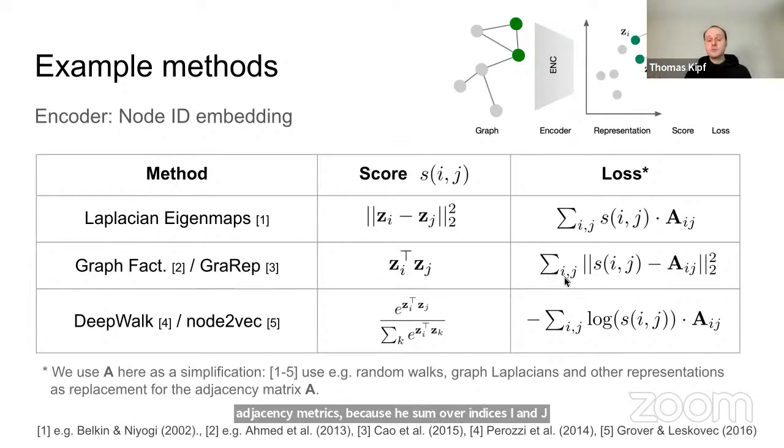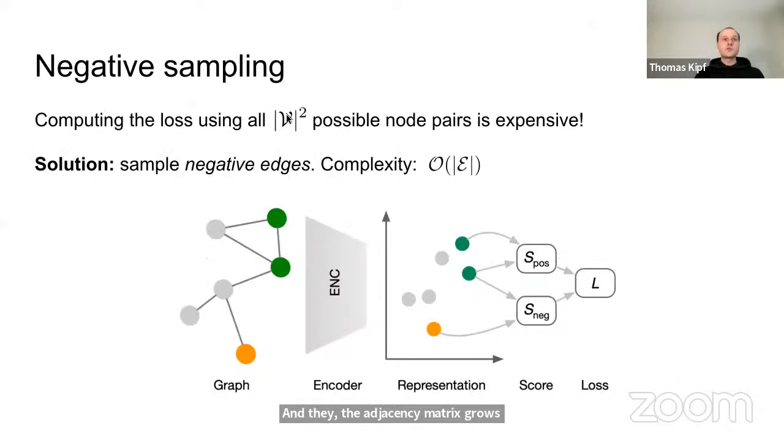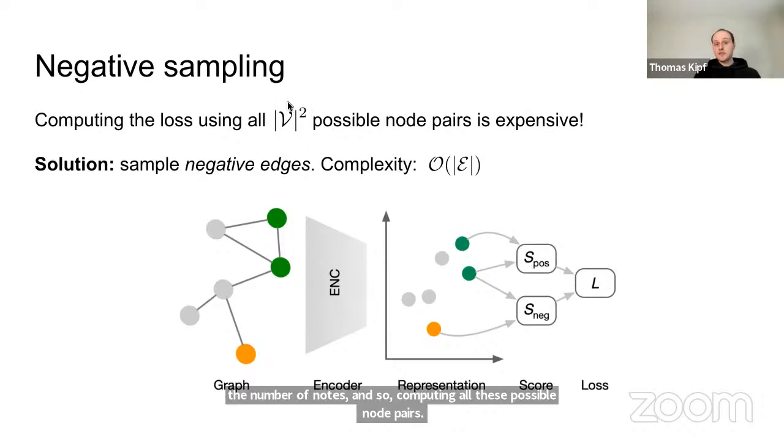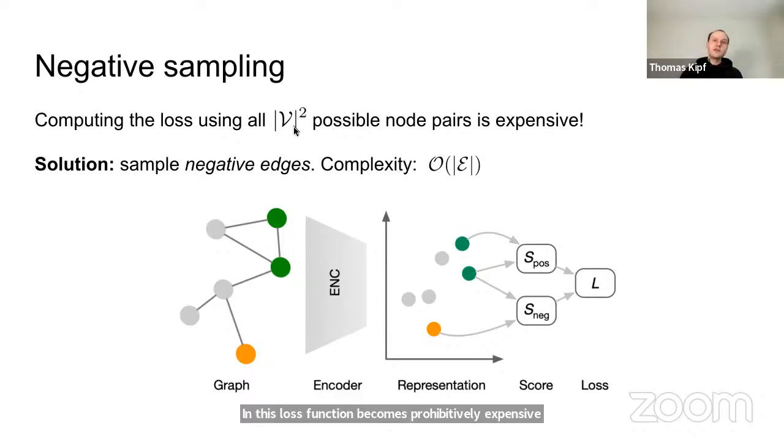This is also going to be very important for graph neural networks, because graphs can be very, very large, and the adjacency matrix grows quadratically in the number of nodes. Computing all these possible node pairs in this loss function becomes prohibitively expensive. Let's say you have 1 million nodes, then you already have 1 million squared elements that you need to compute. And so the solution here is to sample, it's called negative sampling, or in this case, to sample negative